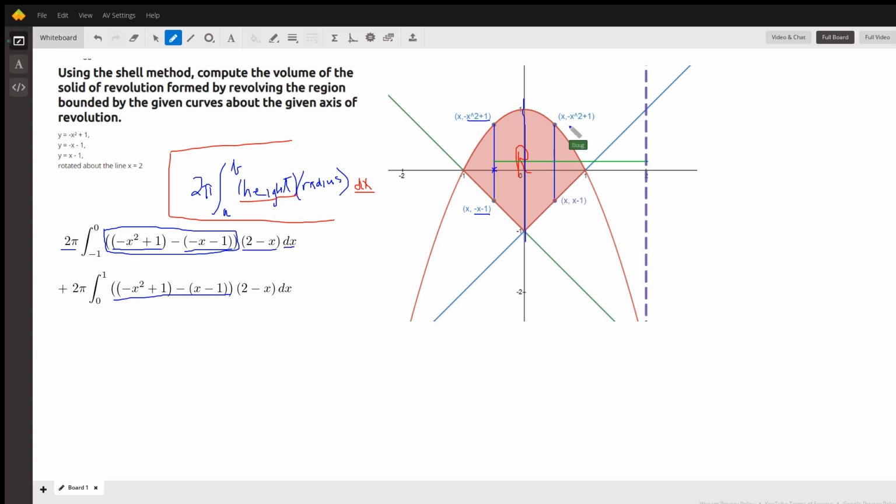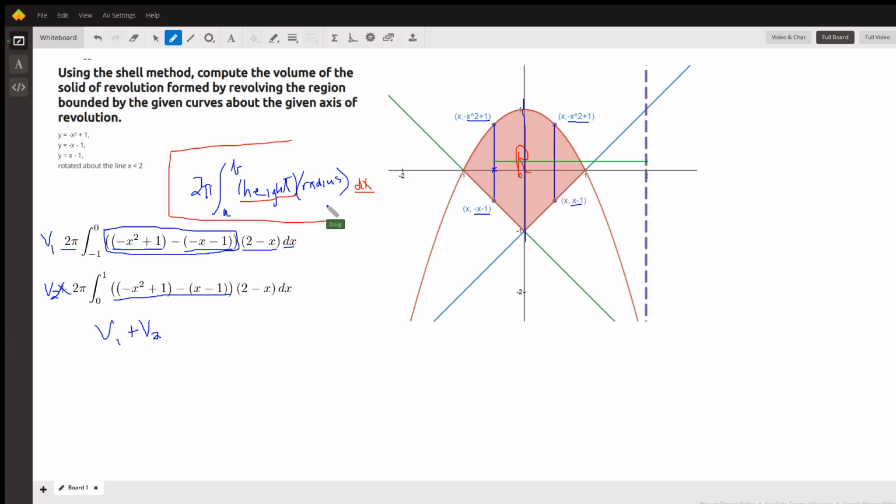And then for the second region, this formula for the height of a typical shell changes right here. The y-coordinate at the top remains the same. The y-coordinate at the bottom is just x minus 1 instead of minus x minus 1. So if you combine similar terms for the typical height, then multiply 2 minus x times that trinomial, then find an antiderivative, you might call this V sub 1 and this V sub 2,